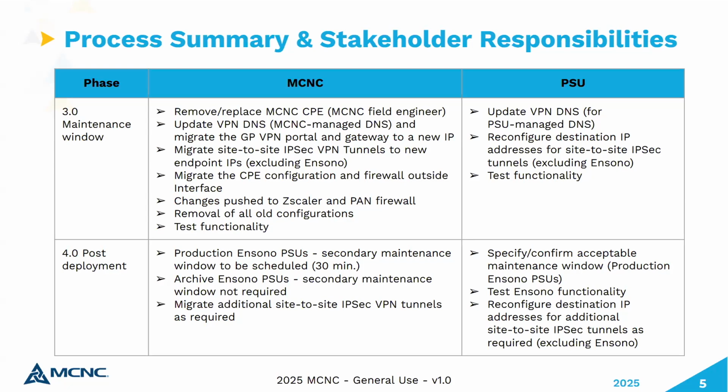So one thing that needs to be done is we are going to be migrating the GlobalProtect portal and gateway. If you currently get to GlobalProtect via DNS and you control your DNS entries, at the beginning of the call, we'll have you update your GlobalProtect DNS so that it can propagate in enough time to be valid at the end of the maintenance window. We also would like you to change the TTL of that record before the maintenance window so that that update happens a lot faster than it usually would.